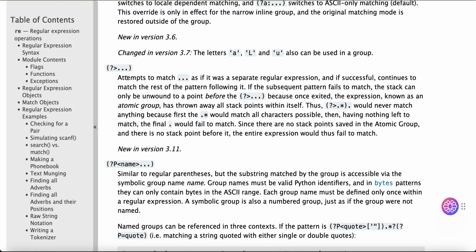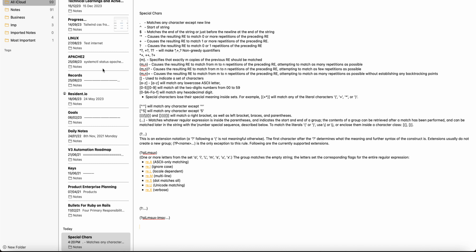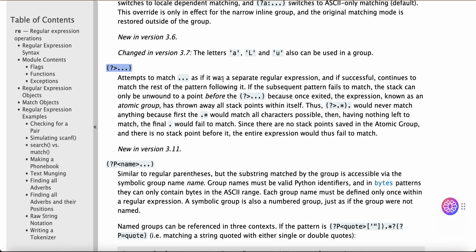(?>...) attempts to match ... as if it was a separate regular expression, and if successful continues to match the rest of the pattern following it. If the subsequent pattern fails to match, the stack can only be unwound to a point before the (?>...), because once exited, the expression known as an atomic group has thrown away all stack points within itself. Thus, (?>.*)